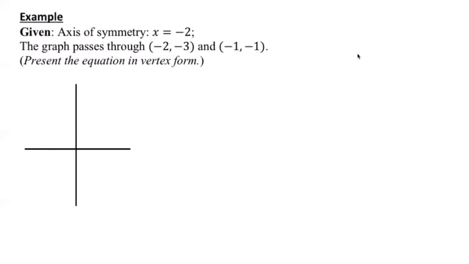So you can see the information better visually. The axis of symmetry is x = -2. So you have -2 right here, okay? So that is your axis of symmetry. And then the graph passes through